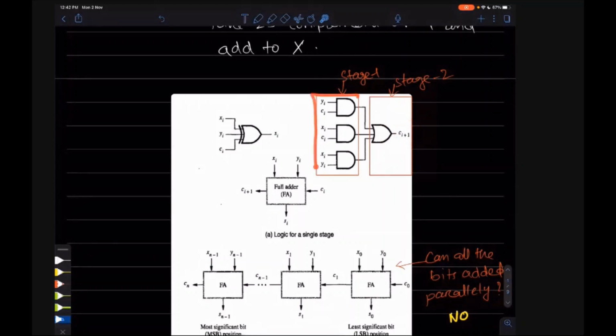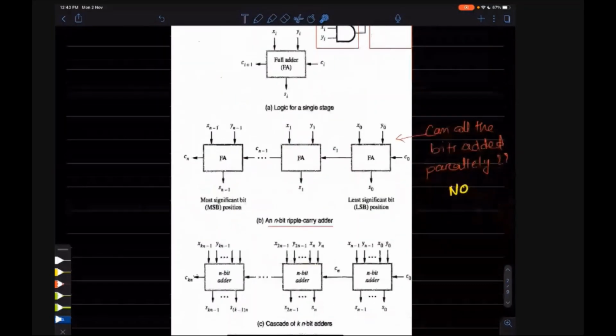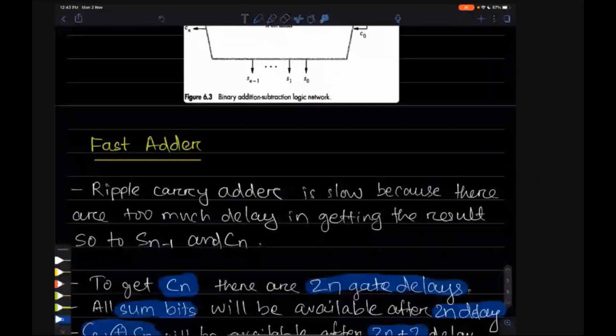There will be one delay here and two delays here, because it is two stage. One delay will come here for the first stage to calculate all the AND operations, because they are parallel, so we will assume that only one delay is there. This is the second operation, so two delays are there. And how many carries will be generated? N carries will be generated, so that's why it is 2 into n gate delays.